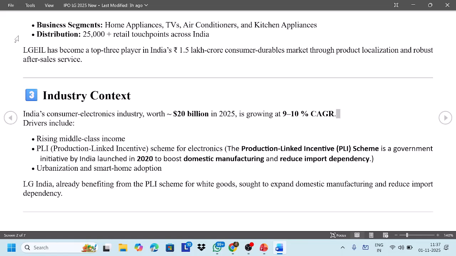Okay, so these are the IPO details which have been given to you. The issue was opened in October 2025, and the issue size was 11,600 crores. The price band is also given. It was listed on the National Stock Exchange. The lead managers were Morgan Stanley, Kotak Bank, and JM Financial, and the post listing valuation was supposed to be around 60 to 65,000 crores. So if we just revisit and see the screener